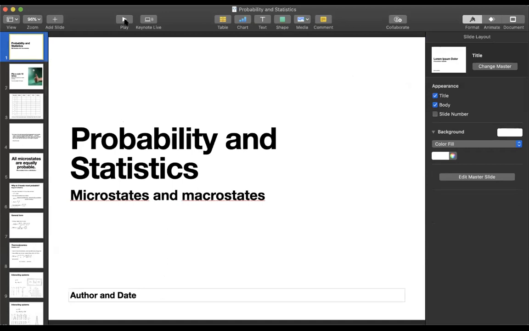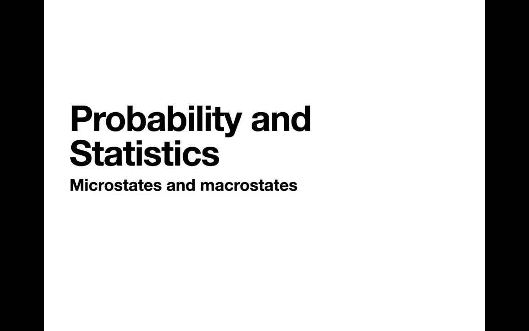So we're gonna start. In this unit, we're gonna be mostly talking about the probability and statistics of gases, but we just need to start with a little bit of regular probability with things that we're familiar with. Thinking about probability. And I'm putting microstates and macrostates here because that's the terminology that we need to